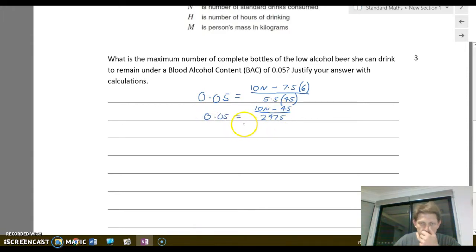Okay, so first things first, we'll get rid of that 247.5. So if we multiply both sides by 247.5, we get 12.375 equals 10N minus 45. If we add that 45 to both sides, we're going to get 57.375 equals 10N. And it's pretty easy to see if we divide both sides by 10, we're going to get N equals